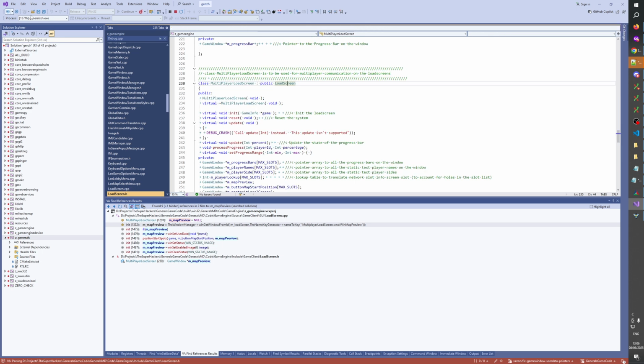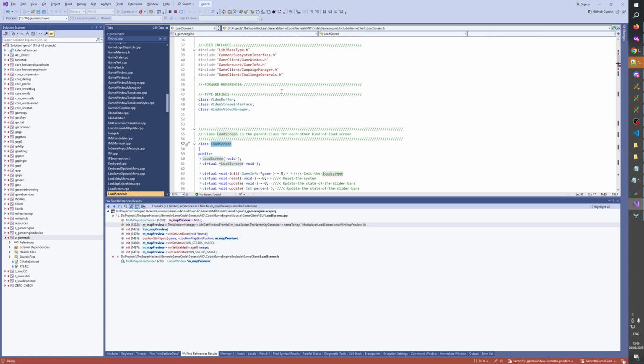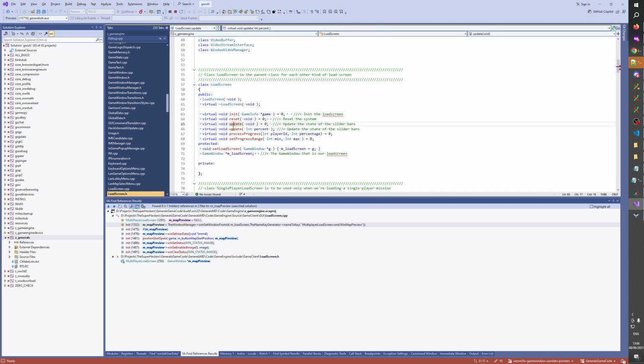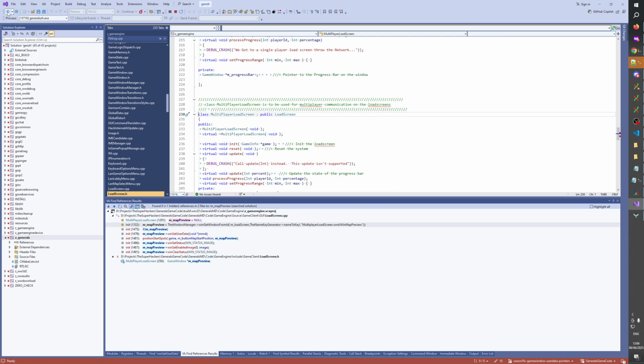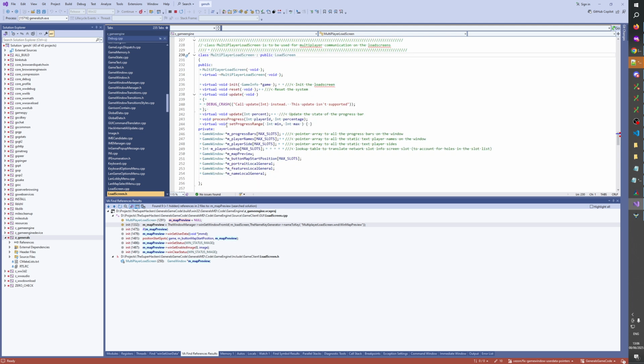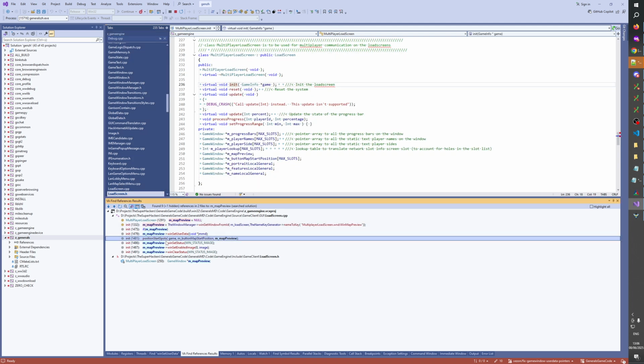Okay, for some reason I cannot jump to load screen. Now I can. Okay, so there's an update. There is no done function. That's too bad. Yeah, that's too bad. How about we put a breakpoint in